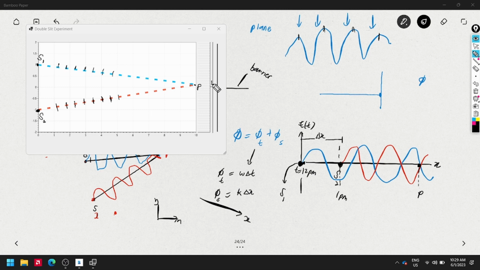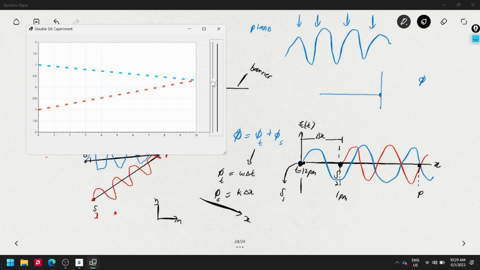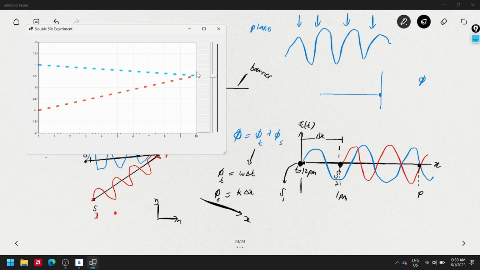And then if I move my position, the maxima are not next to each other. I have my red light maximum over here and my blue light maximum over here. They are not next to each other, meaning they will not hit this point at the same time or at the same location. The maximum of the red light will reach this point later than the blue light. Do you get the idea?